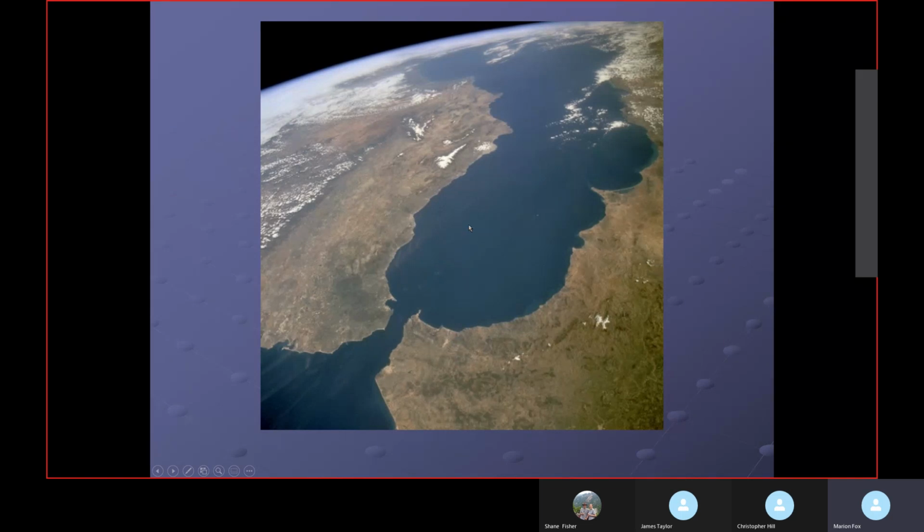Now, what we know right now is there's not enough water flowing into the Mediterranean Sea to replenish the amount of evaporation. In other words, the evaporation rate is much higher than the inflow of water from rivers. And so water flows from the Atlantic into the Mediterranean in this direction, from west to east. And so there's a flow of 1 or 2 miles per hour of water through this